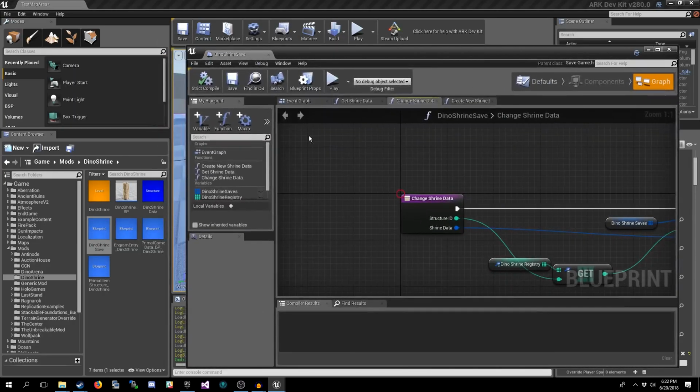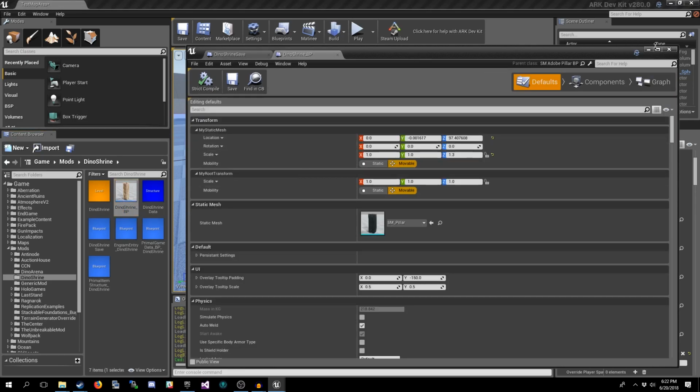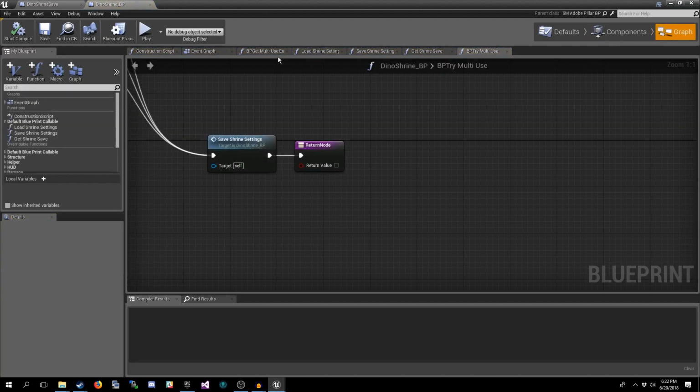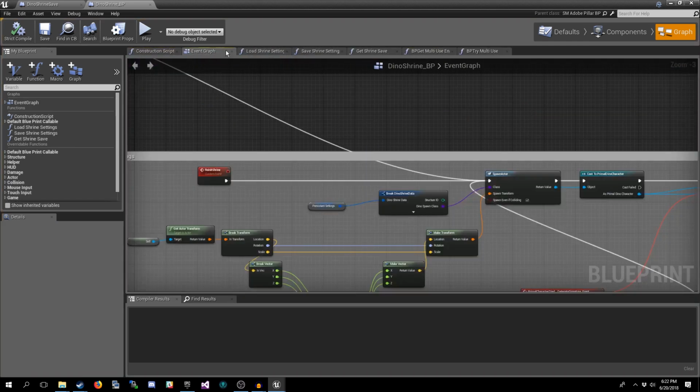Now, the next thing we did, and everything else, is in the Dino Shrine BP again. It's sort of becoming the hub for most of the functionality, although that'll change a little bit in the next video when we start looking at UMG, and you'll understand why then. But in here, the functions that we did, okay. Oh, first of all, I made some changes. These were mostly